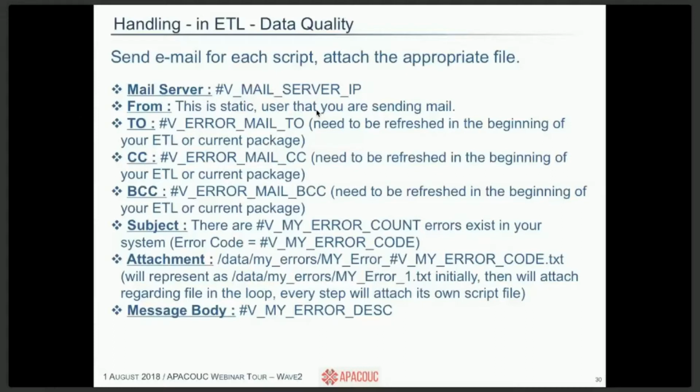Where you wish to send your mail to, in some occasions you wish to change the recipient's mail addresses or groups, and you can put them in your to, CC or BCC fields, and